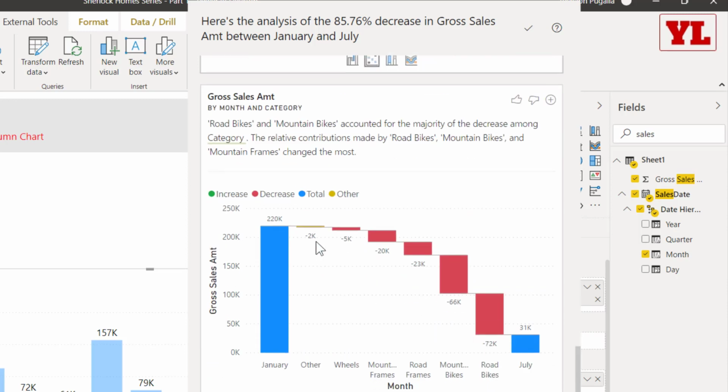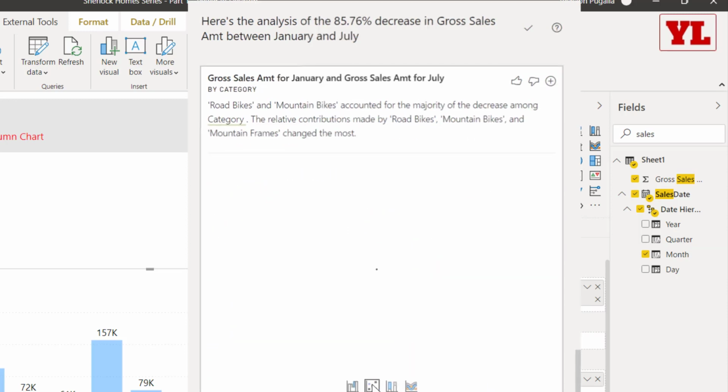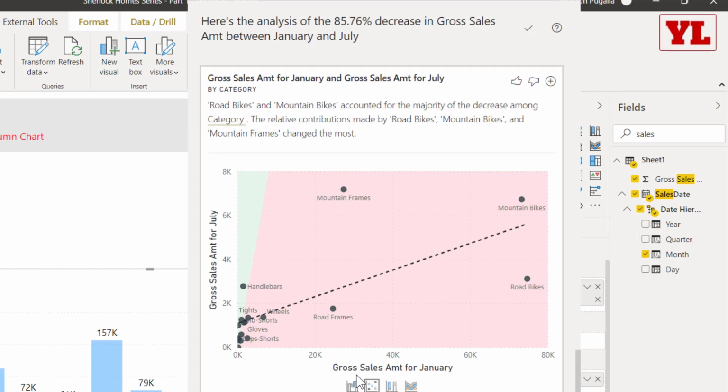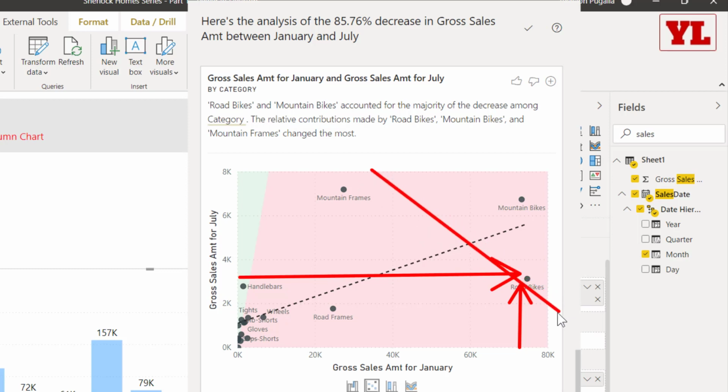So if you try to look at the analysis for variables, you will realize that there are certain items whose sales in July are pretty low, but in terms of January, it's pretty high. So using this quadrant analysis, you can figure out, hey, which ones have had the maximum decrease.